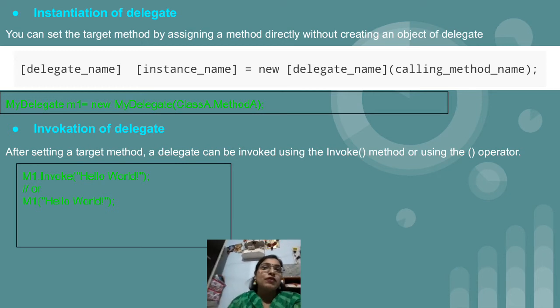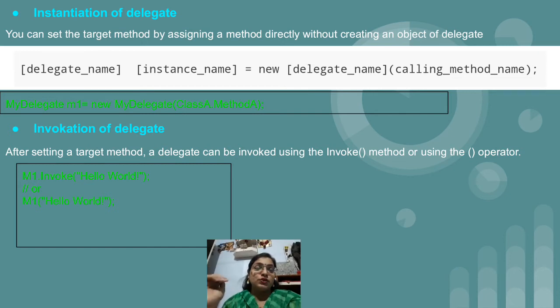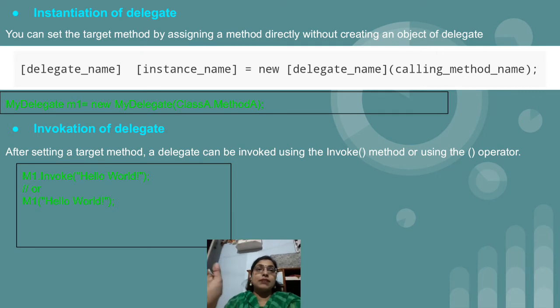And there is one more way, just see the third line, that is m1 into round brackets with the message directly, no need to make use of the Invoke method. So these are the two ways to invoke the delegate. Now we are going to see the proper example. Just remember till now, to create a delegate we have a total of four steps. First is declaration of a delegate variable, after that declaration of the delegate method, then instantiation, that is object creation of the delegate, and the fourth step is invocation of the delegate.